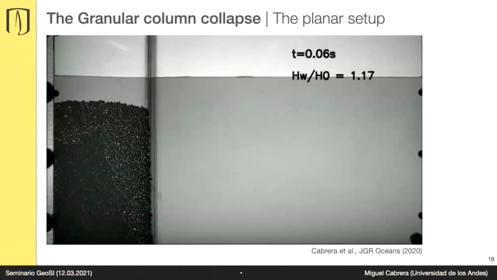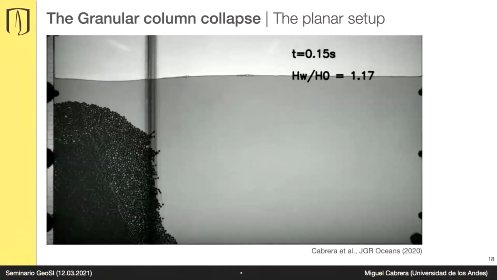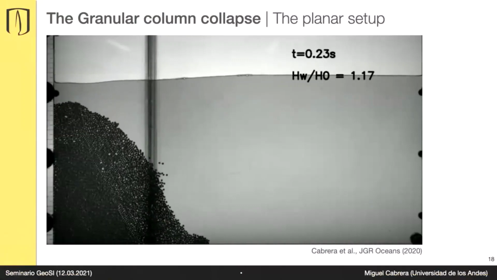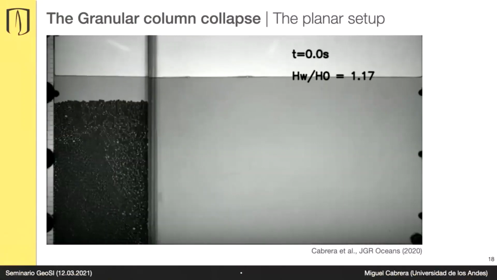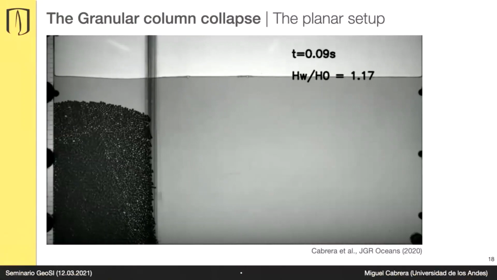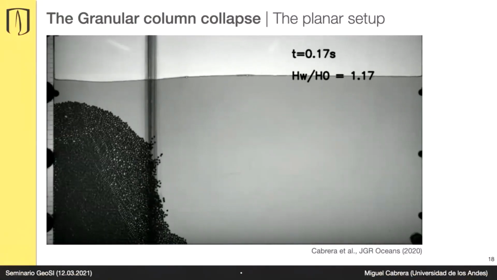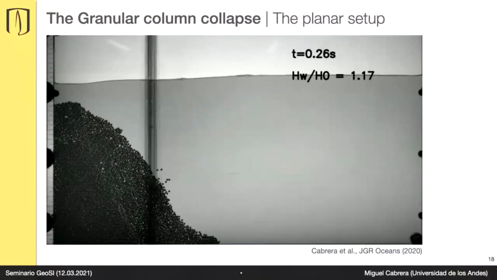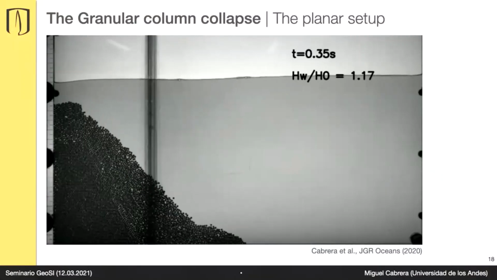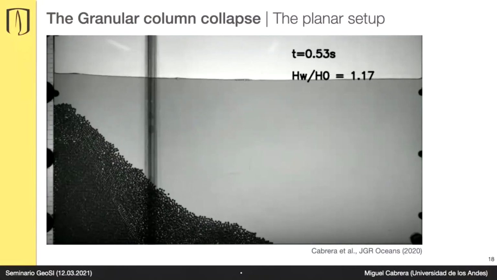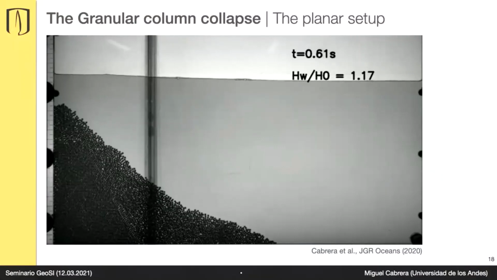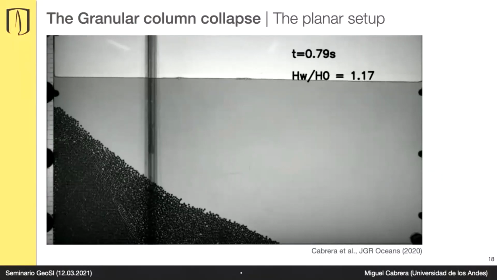So now, going back to landslide generated waves, here what you see, we added a little dye just to have a sharper distinction between the water surface and the landslide. And you notice that a depression was caused. Let me put it back. Please note that just above the edge of the column, a depression generated, and that makes a wave that is moving towards the left. If you think of this as a coastal engineer, Ryan Mulligan is a coastal engineer. He told us that it is beautiful because those are called coastwards waves.